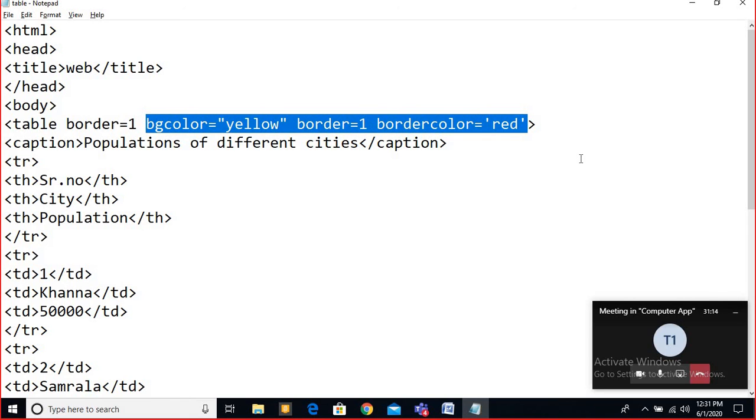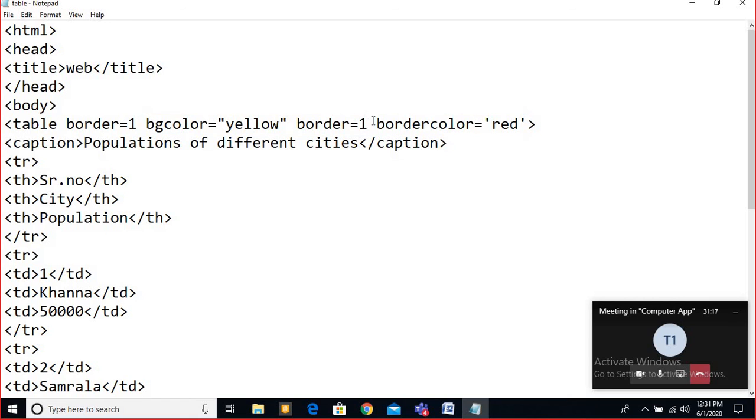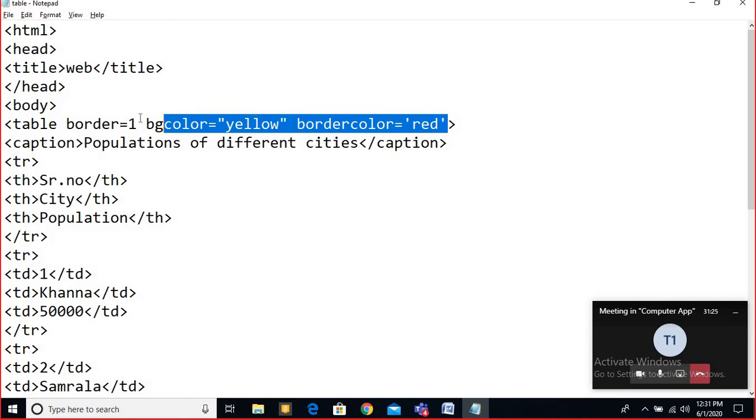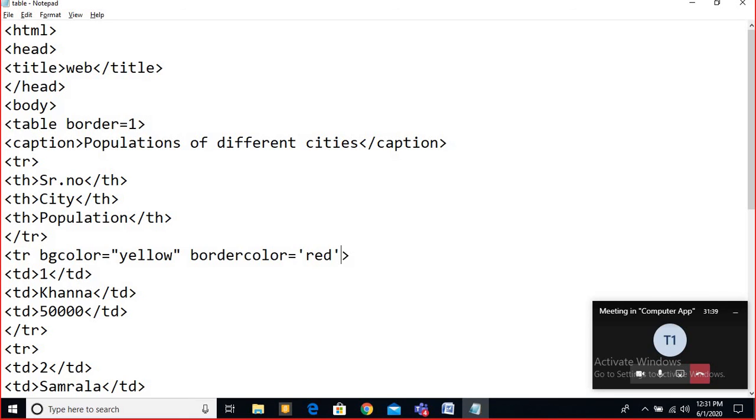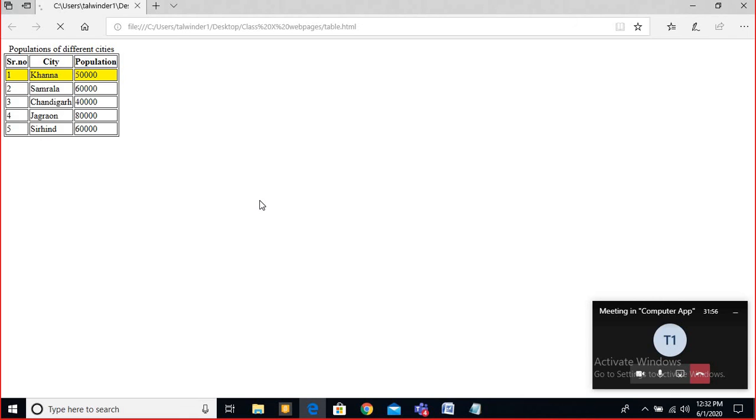Let me try another one. Something is there, but I don't know.